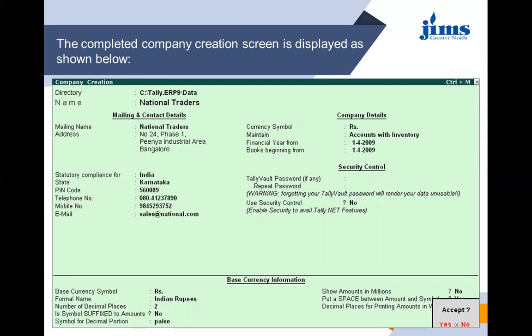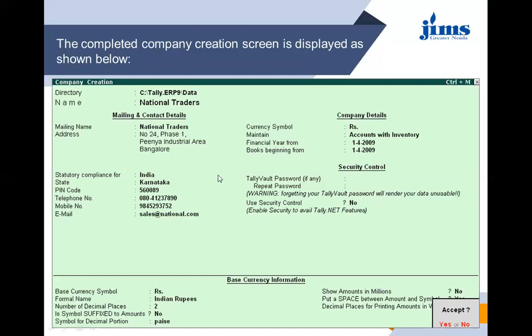After putting in all the information, a dialog box appears that asks whether you want to accept this information or reject it. If you put yes, then this information will be accepted, but if you choose no, then you'll have to enter all the details.